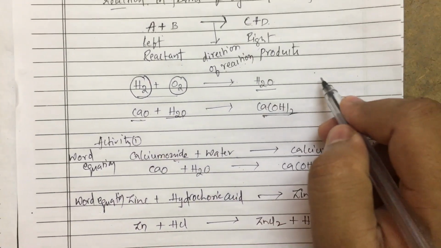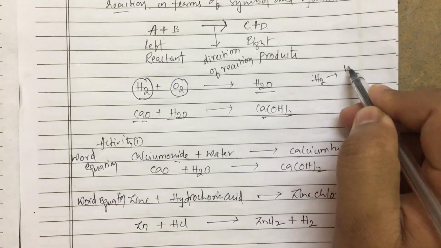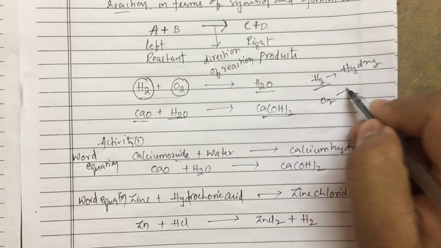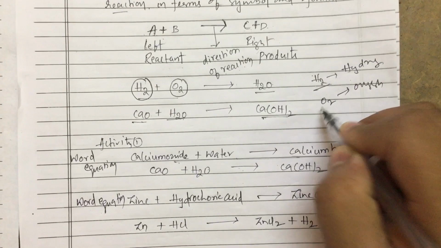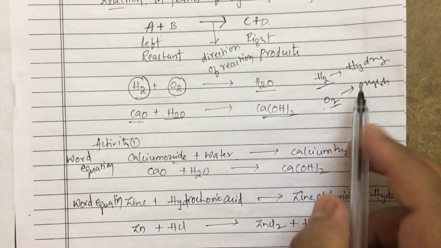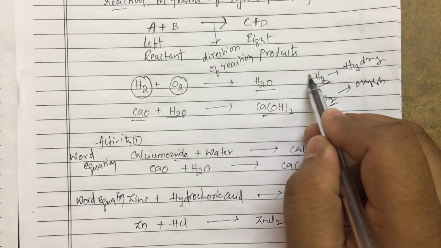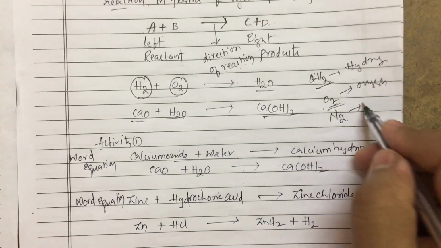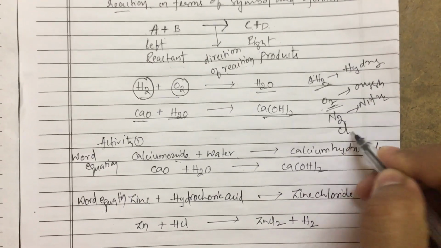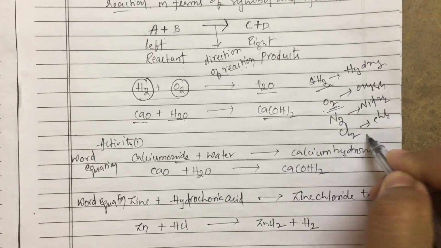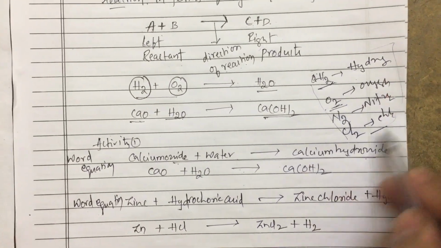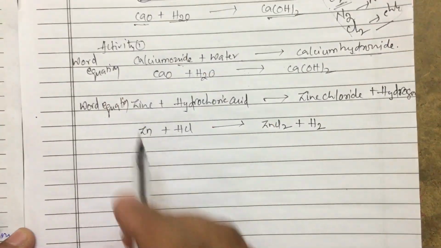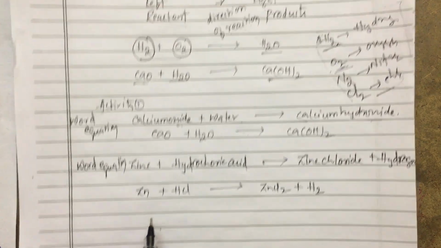If you observe carefully, here H2 is written as H2 and oxygen is written in the form of O2. Always remember, hydrogen is written in the diatomic form H2, and oxygen as O2. It means one molecule of oxygen contains two atoms of oxygen, and one molecule of hydrogen contains two atoms of hydrogen. Remember always. Nitrogen is also written as N2, and chlorine is written as Cl2 in the same way. Clear? Why? Because their atomicity is 2. I hope you have understood how we write a chemical equation.